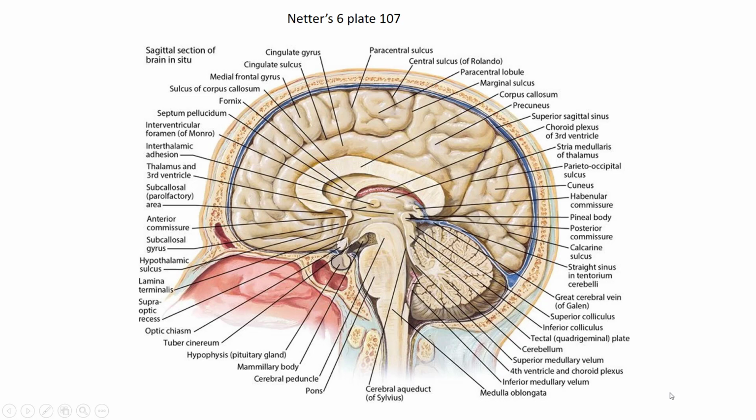So here is a midline Netter's view of that same image, and you can see the corpus callosum here, and the anterior portion, the genu, and the rostrum here, which is that extension of the genu, and then the body, or the central area, and the splenium posteriorly. And this corpus callosum runs along the superior border of the lateral ventricles, and then the central sulcus and that falx comes down just to the border of the corpus callosum to separate the right and the left